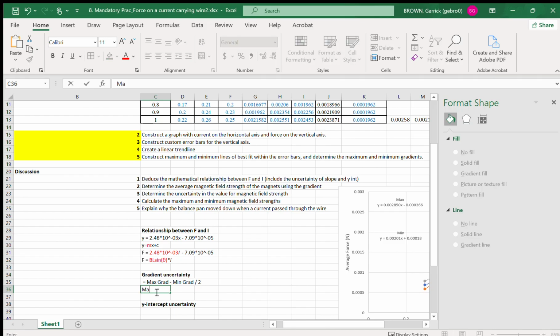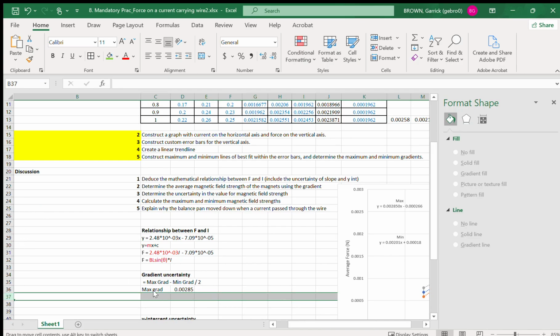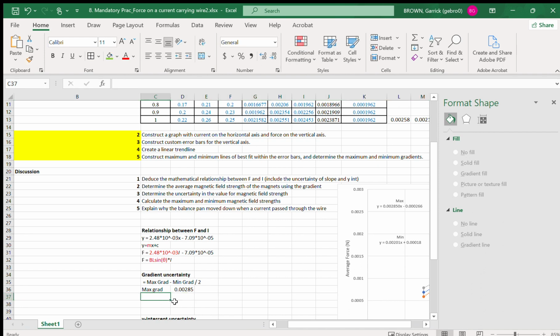my maximum gradient is going to be equal to 0.002850. My minimum gradient is going to be equal to 0.00201. And therefore my uncertainty is just equal to my max minus min divided by 2. So